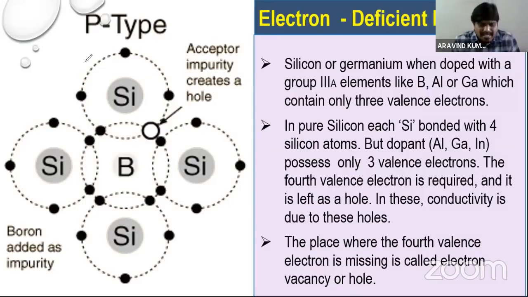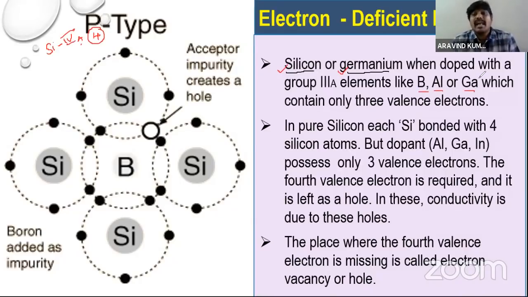semiconductors. Generally, examples of semiconductors are silicon and germanium. One second, children, I'll change my pen so that it will be visible for you. Silicon and germanium are the examples for the semiconductors. Now, which group element does silicon belong to? It belongs to the fourth A group, children. And how many valence electrons are present? 4. Now, if you add boron,